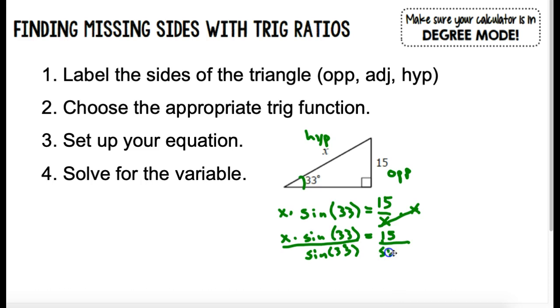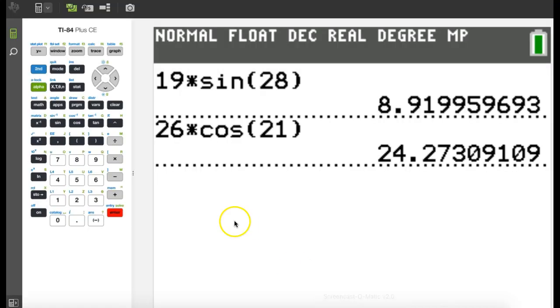These will cancel out over here. We'll get x equals 15 divided by the sine of 33. And again, we are finally to the point now where we can put that into the calculator. So 15 divided by the sine of 33